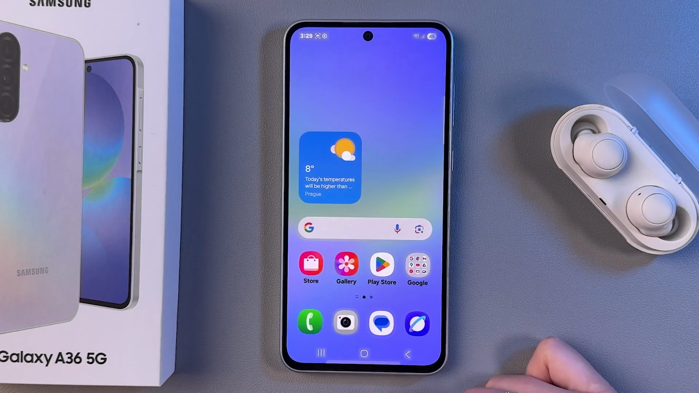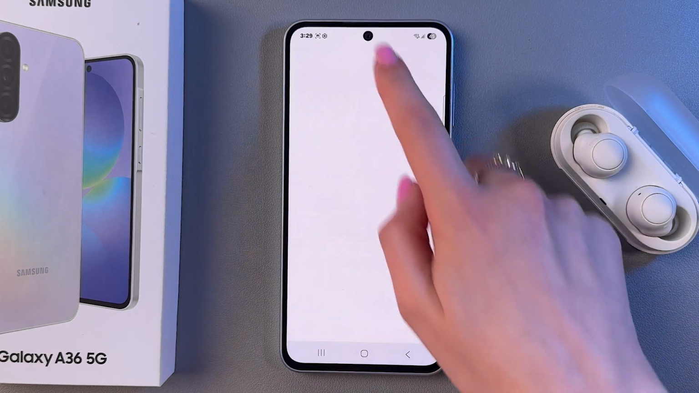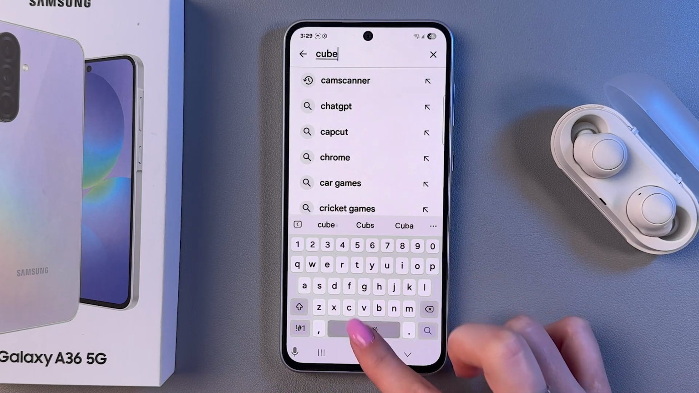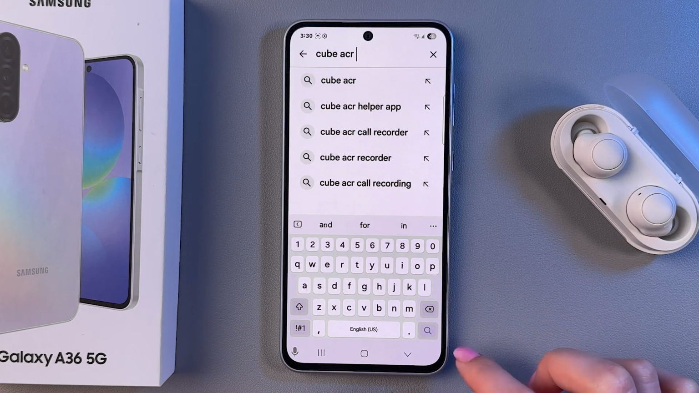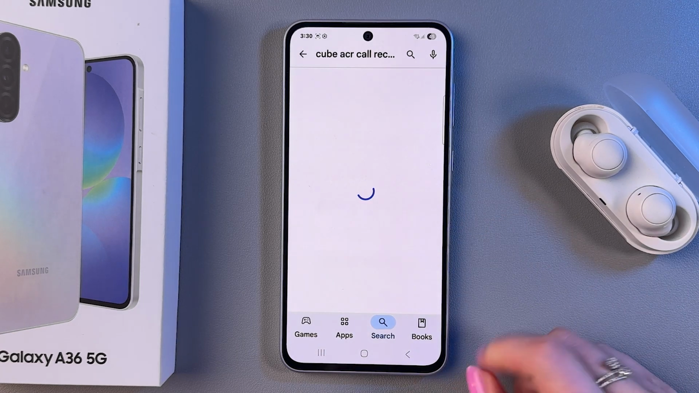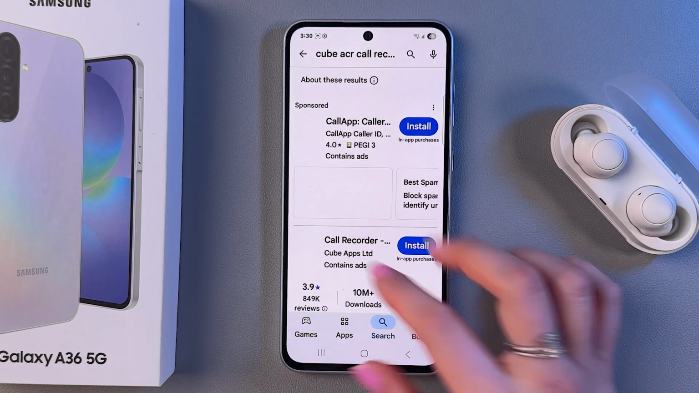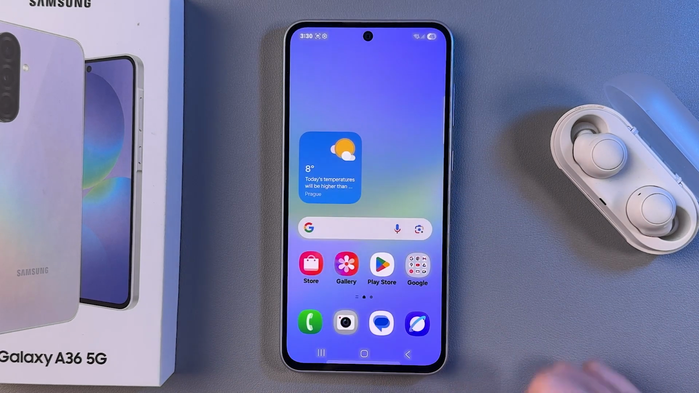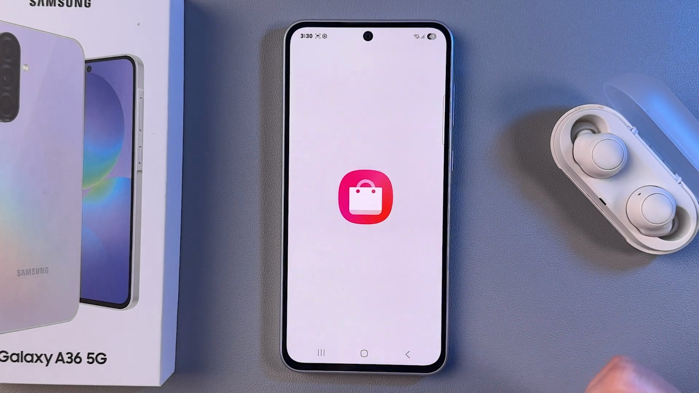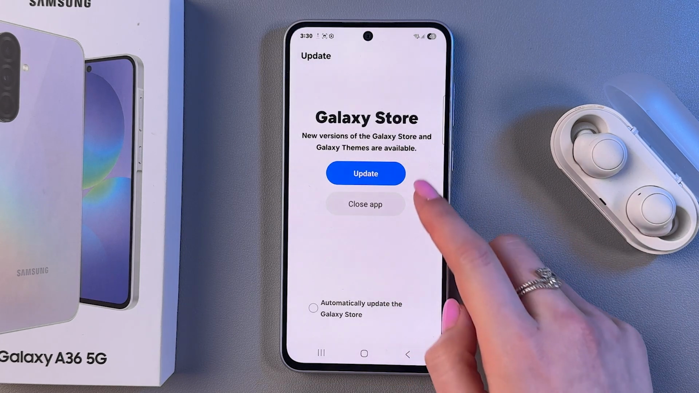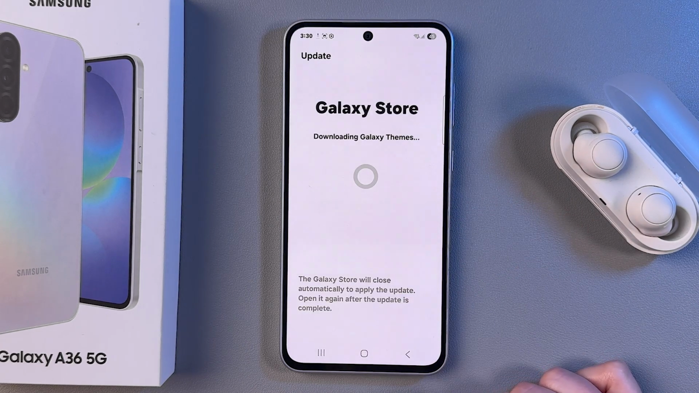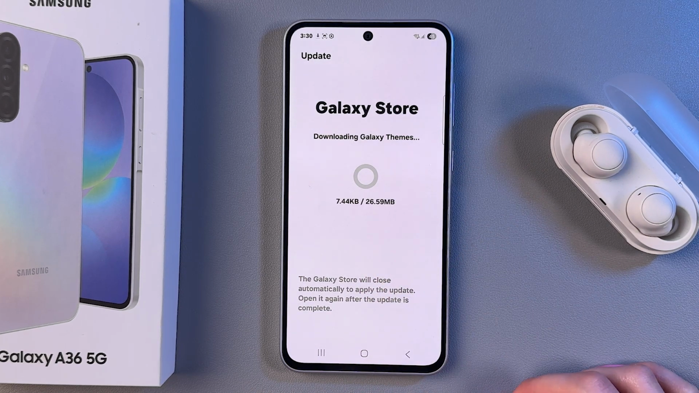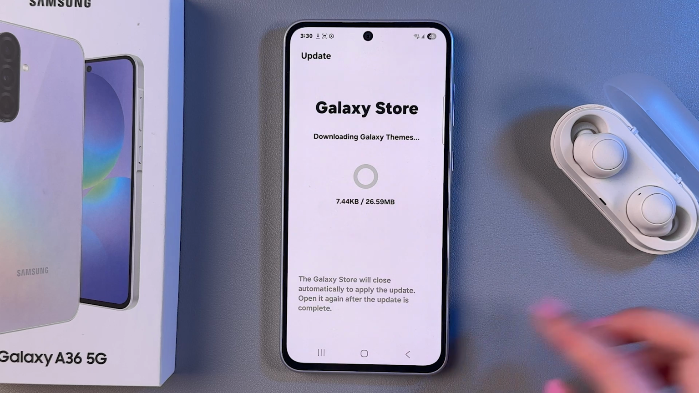But if not, then we need to go in Play Store and here install Cube ACR call recorder. So let's just install this one, and let's also install from Galaxy Store Cube ACR helper. So I'm gonna update Galaxy Store first to be able to install something from here, and then find Cube ACR